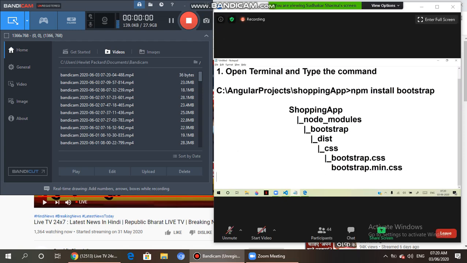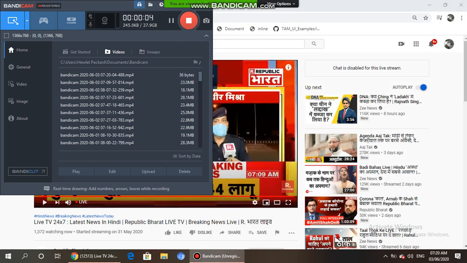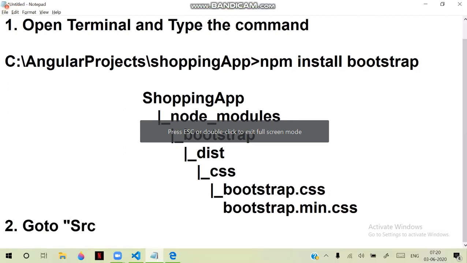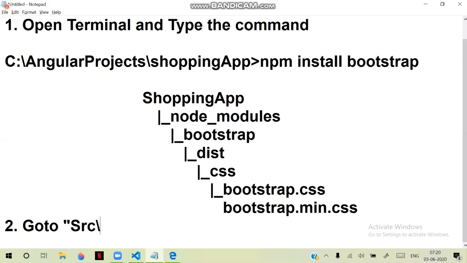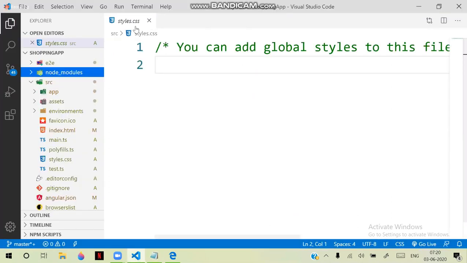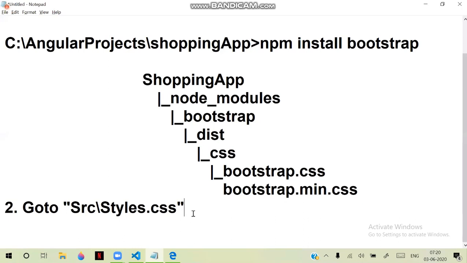This is the location where you will have the main bootstrap file. So go to src, and in src, open styles.css. Here we have to go to styles.css and import